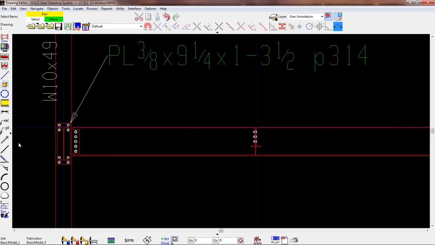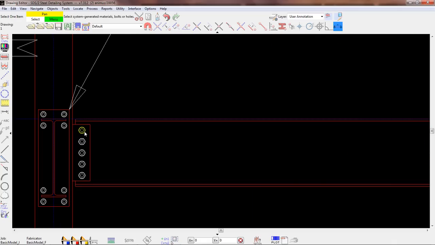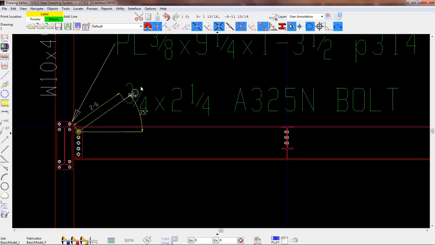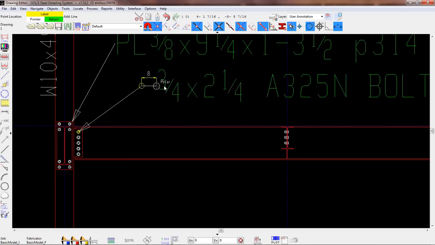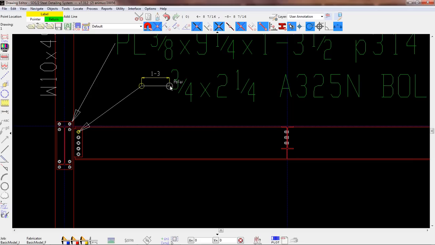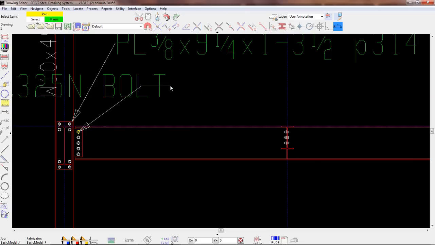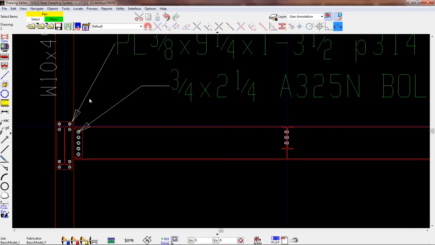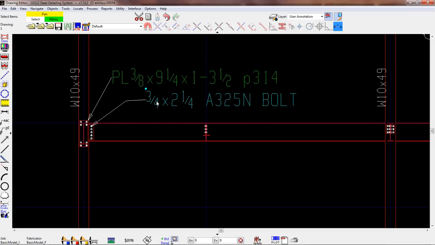This also works with bolts. So if I use the Material Callout button here on my toolbar, I could choose a bolt, pick my pointer head, pick the second point. If I want a line, again, drag and left-click again, and finally middle-click for the label. Again, I can change the material type designation if I wish. And now I have, again, a regular label, but the information is filled out